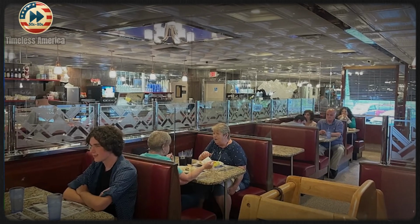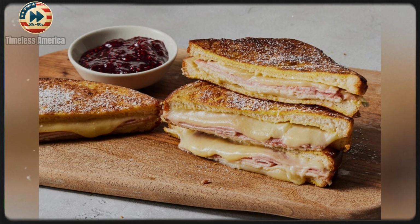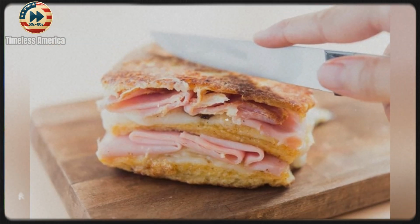It symbolized an era when American diners embraced international flavors, though always with a distinctly American twist. Mothers clipped recipes from women's magazines, eager to recreate the Disneyland magic at home. But as lighter fare and quick meals took over, the Monte Cristo faded from everyday kitchens, lingering only in retro